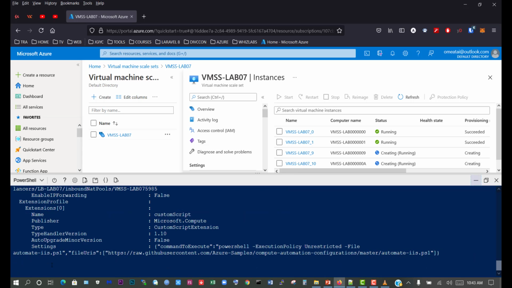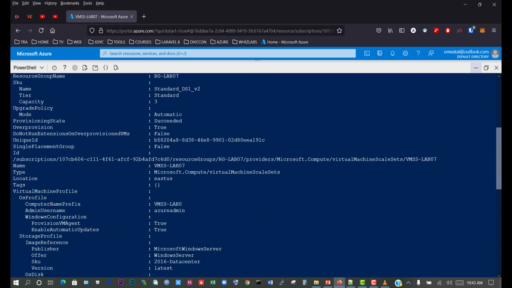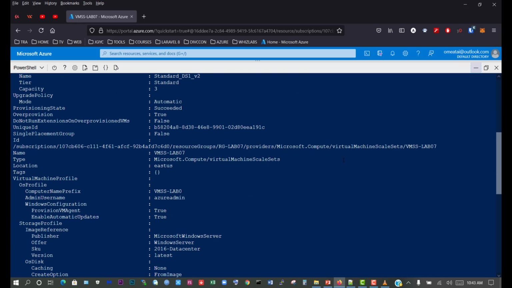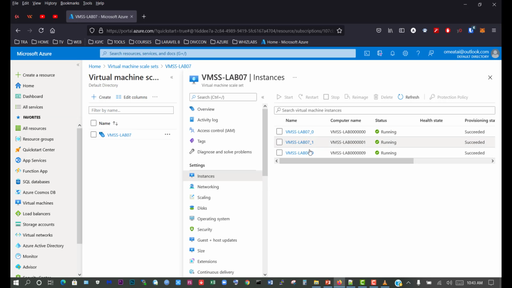And now we can see that PowerShell has deployed the extra virtual machine. So let's refresh this and we can see that it's currently running. And if we maximize and scroll up, you can see that the provisioning state has succeeded. So let's go back to the portal, minimize, and let's confirm that.